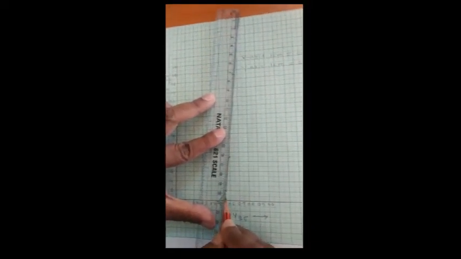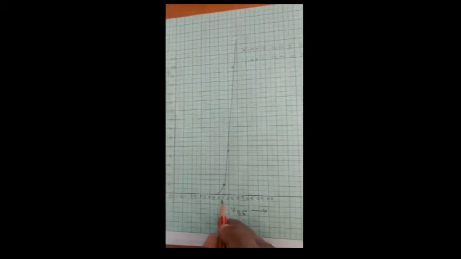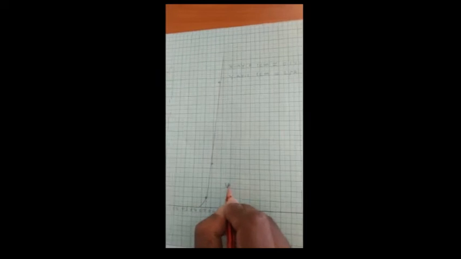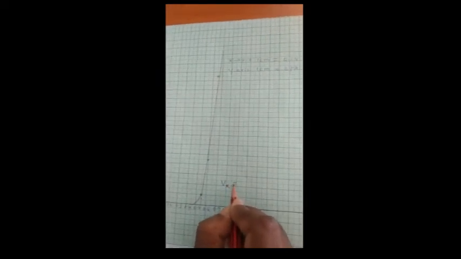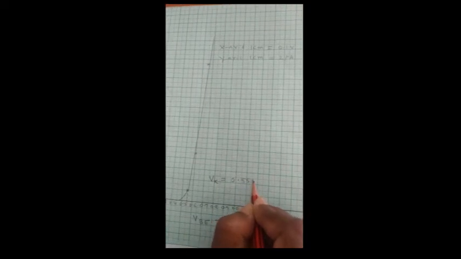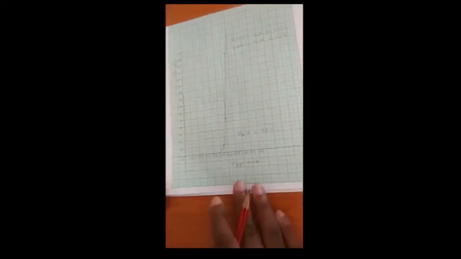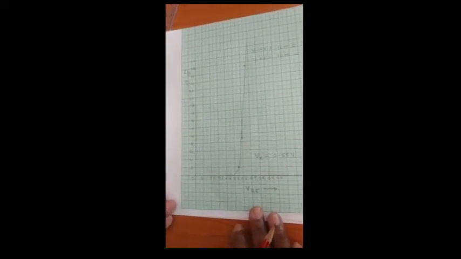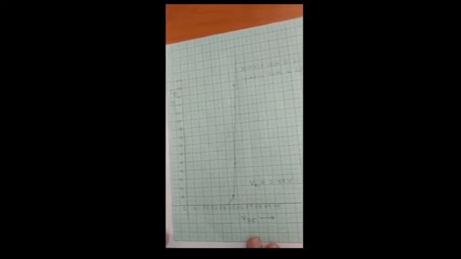So like this we have to plot the graph, and then extrapolate the straight line portion wherever it meets the x-axis. That is considered as the knee voltage. So here the value of the knee voltage Vk is equal to 0.55 volts. So in this way we can record the knee voltage in the input characteristics of the given NPN transistor.